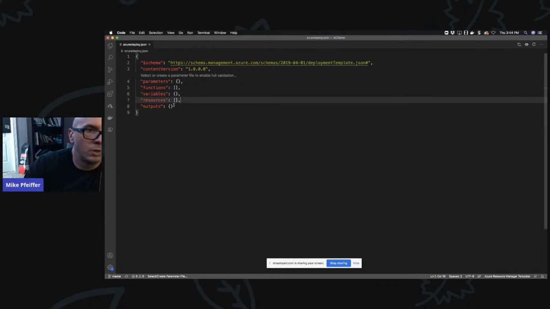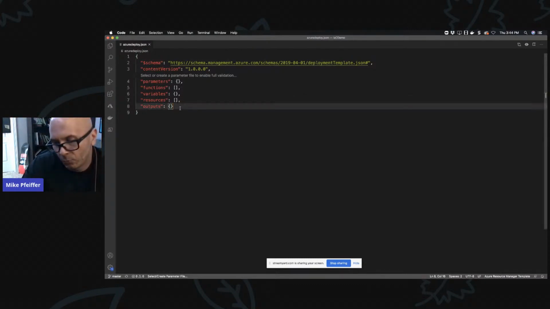Also, one thing I'll cover here before resources: outputs. Outputs are cool because sometimes you want to build something and then spit out the result of whatever you built. For example, if you have an ARM template that spins up an App Service web app, you don't know what the URL is until the deployment is complete, unless you're hard coding it, maybe through an input parameter.